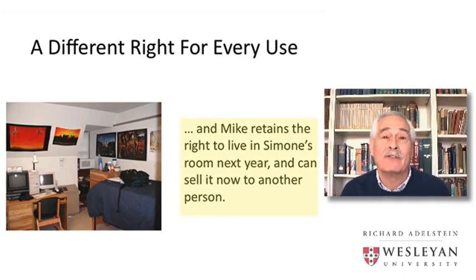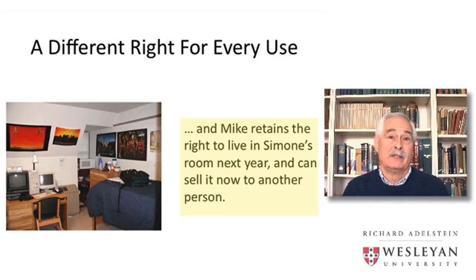Indeed, they never left Mike, because the only rights that he sold to Simone were the rights that she has from September of 2012 to June of 2013. And so it would be possible for Mike in 2012 to sell the rights to live in Simone's room to somebody other than Simone for the academic year